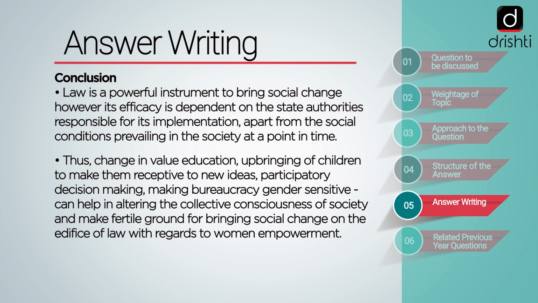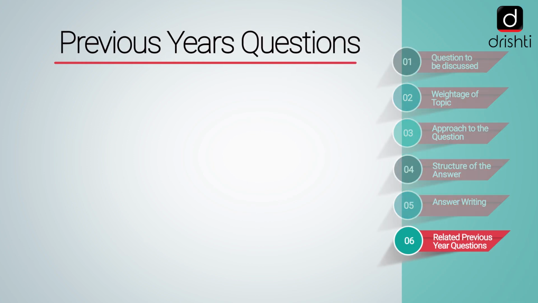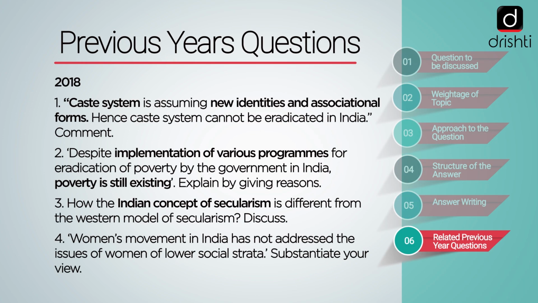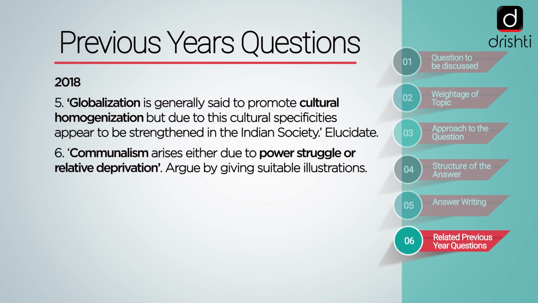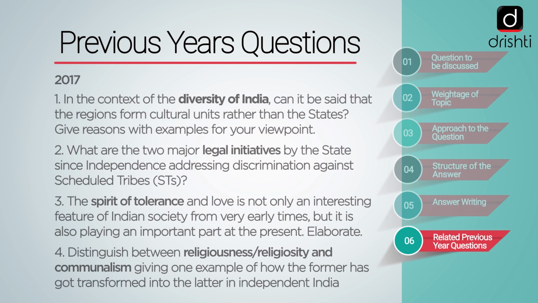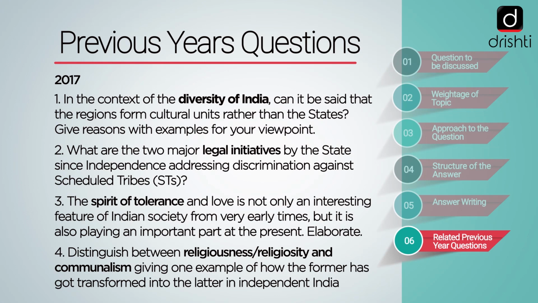At the end, let's have a look at the previous year's questions. In 2018, 6 questions were asked from the Indian society segment, and the questions were related to caste system, eradication of poverty, secularism, women's movement in India, impact of globalization on Indian society, and communalism. In 2017, the questions were related to the diversity of India, initiatives for the scheduled tribes, tolerance in Indian society,